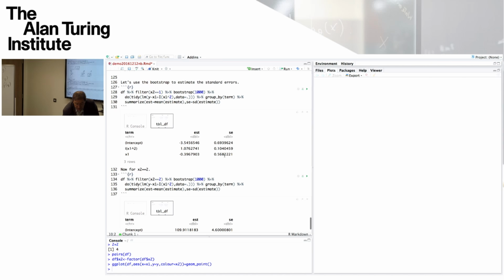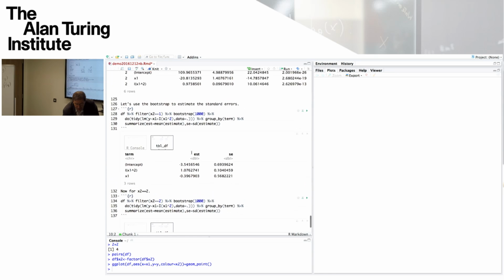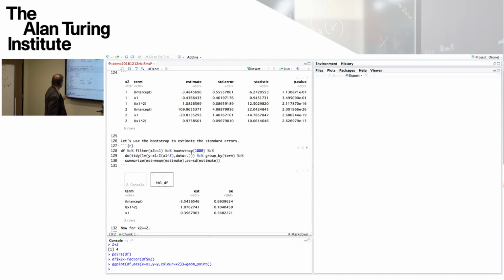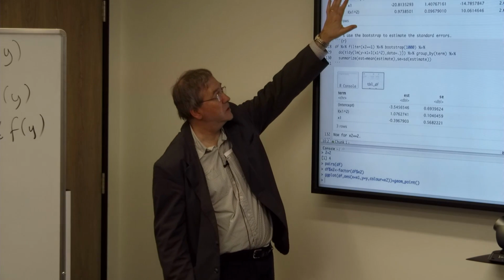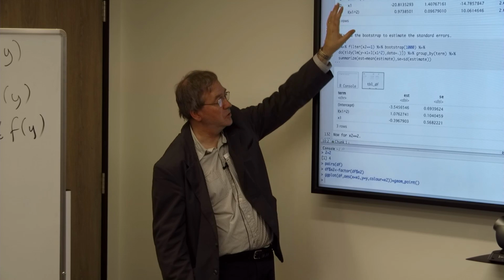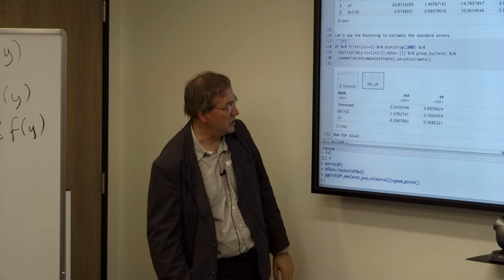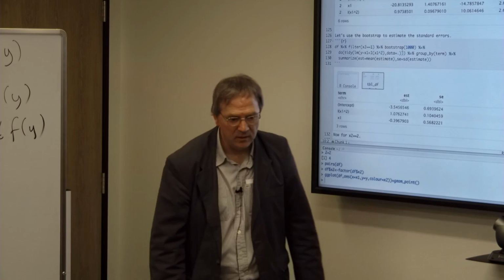So doing that, we obtain these quantities here, which if we compare them, let's take x1. So x1, the estimate from the bootstrap is minus 0.39. Here it's minus 0.43, and the standard error is 0.568, and this has a standard error of 0.461. So notice there's some discrepancy there. Remember, this is using normal assumptions for the residuals. This is not. This is using bootstrap resampling methods. So we can sort of contrast those.